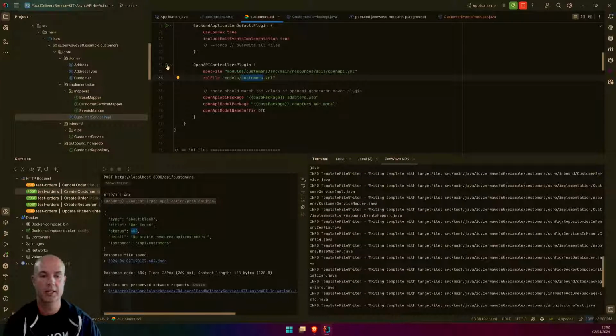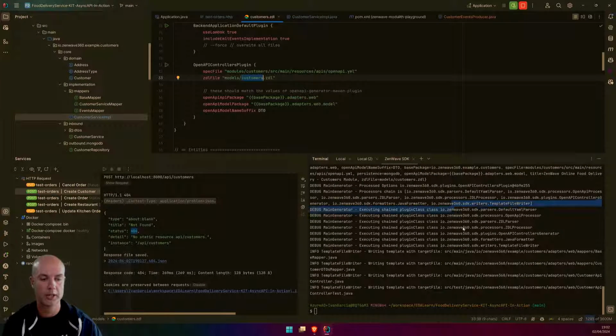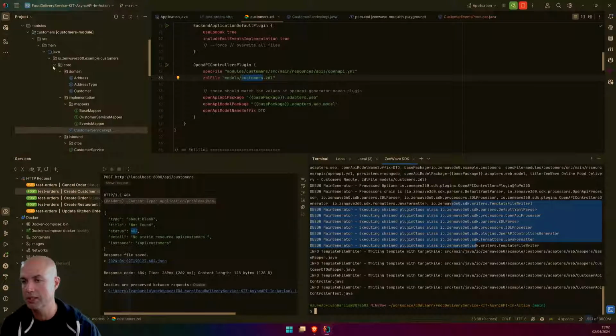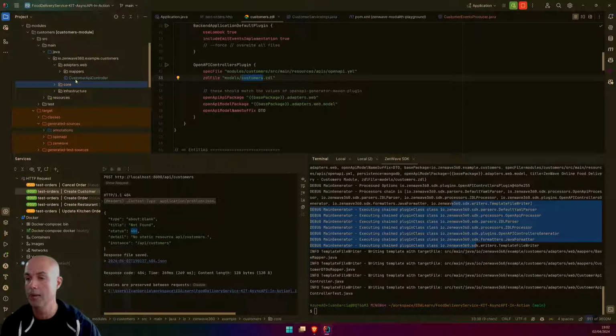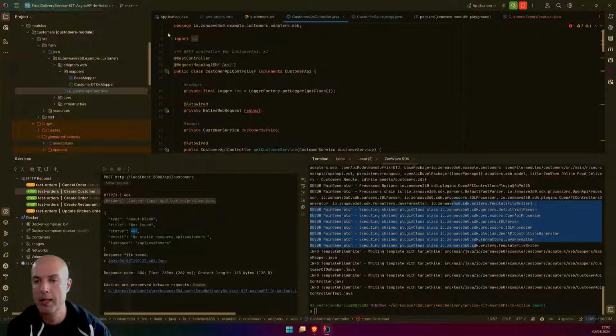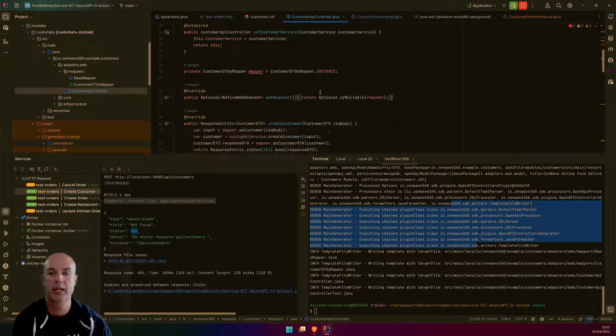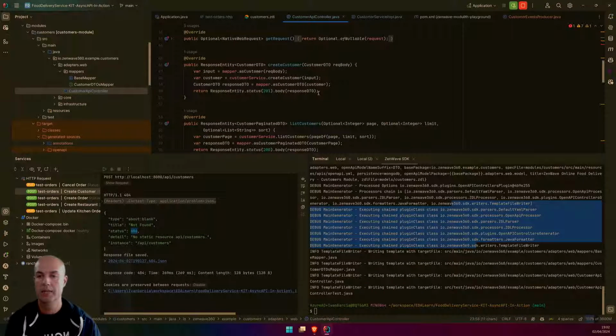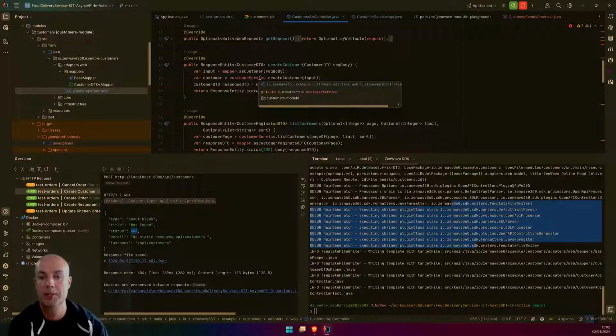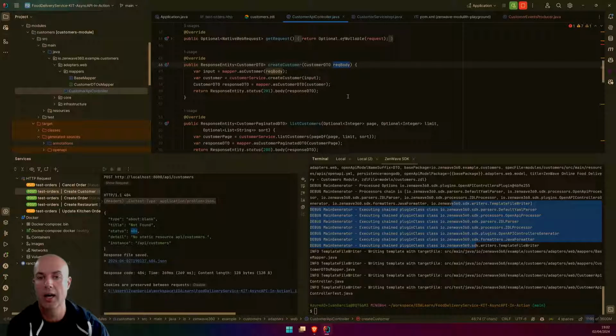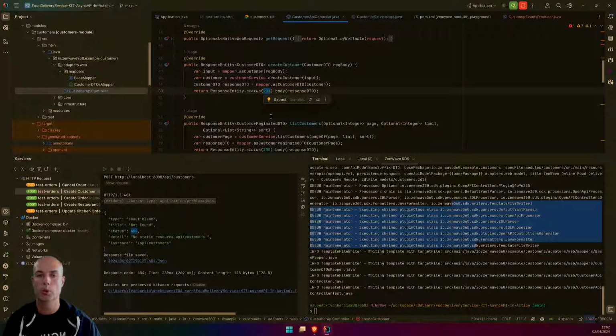So if I generate this, we get some files, and here, as soon as this refreshes, okay, we get some adapters with some mappers, and we have here a Spring MVC REST controller that implements our API, and nothing that you don't expect. A controller shouldn't have much business logic. We get a request body, we use one mapper, we call the service, and using a mapper, we send the response back to our client.